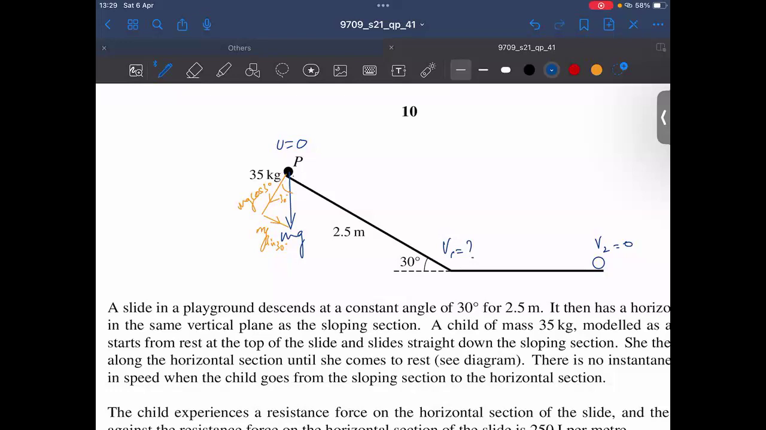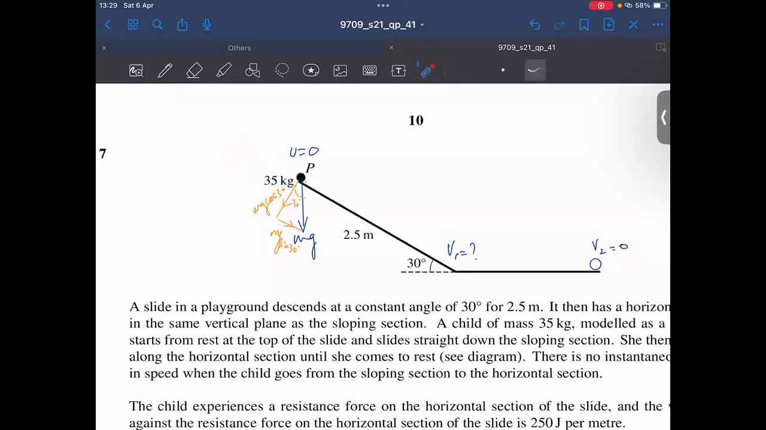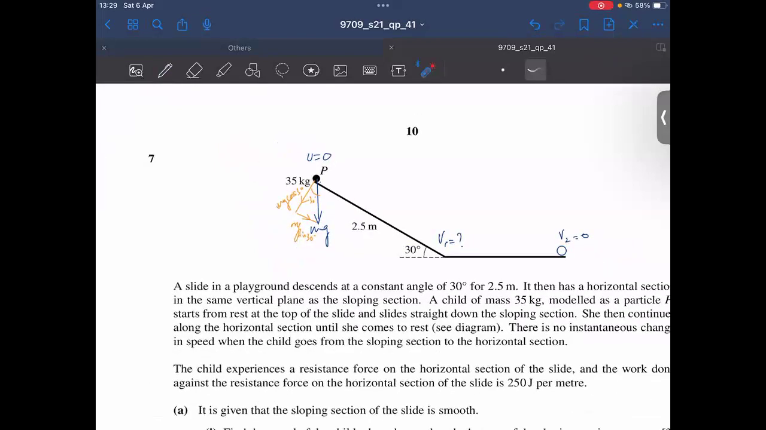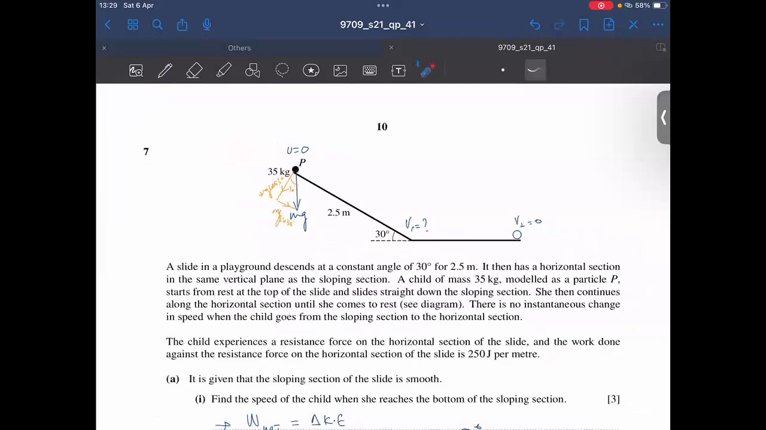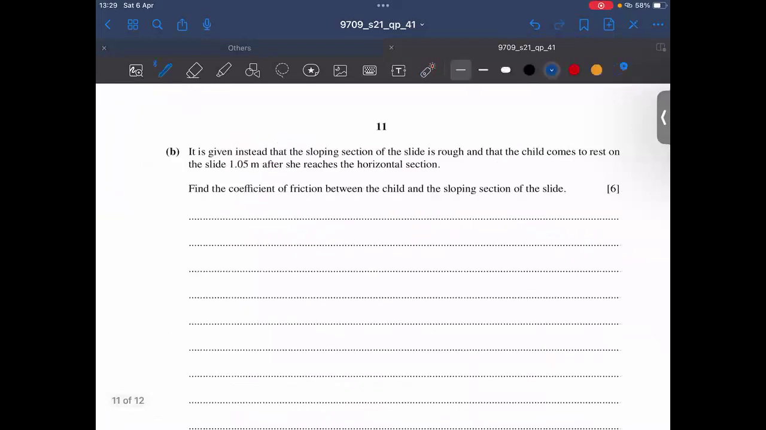Amna? So we have the force of friction acting upwards now. As the particle is moving along the sloping section, the force of friction is going to be acting upwards. And so let me just do one thing. Okay, so we're going to have then